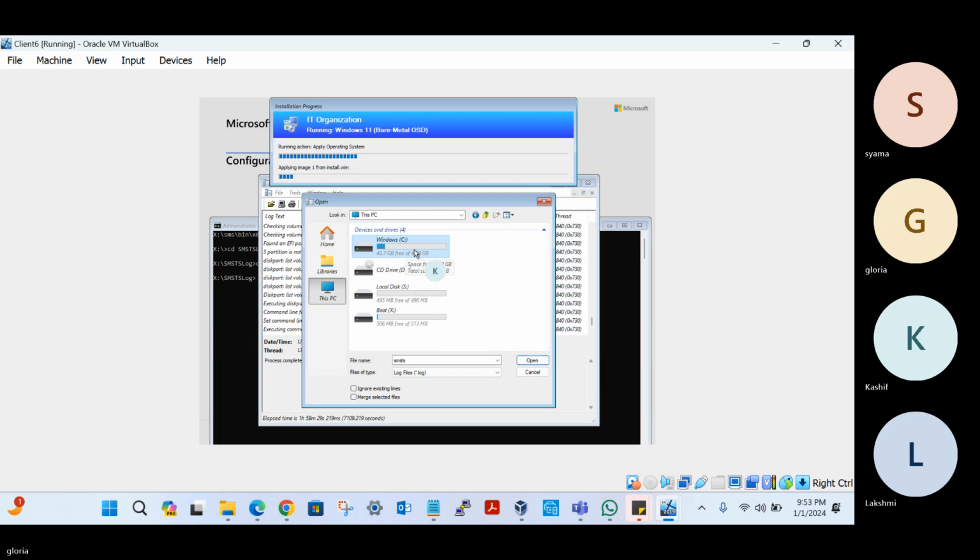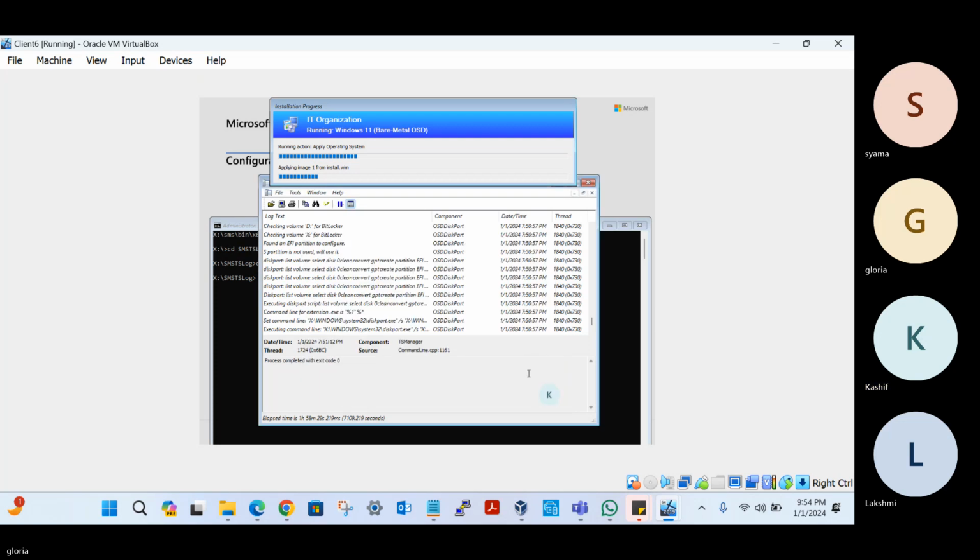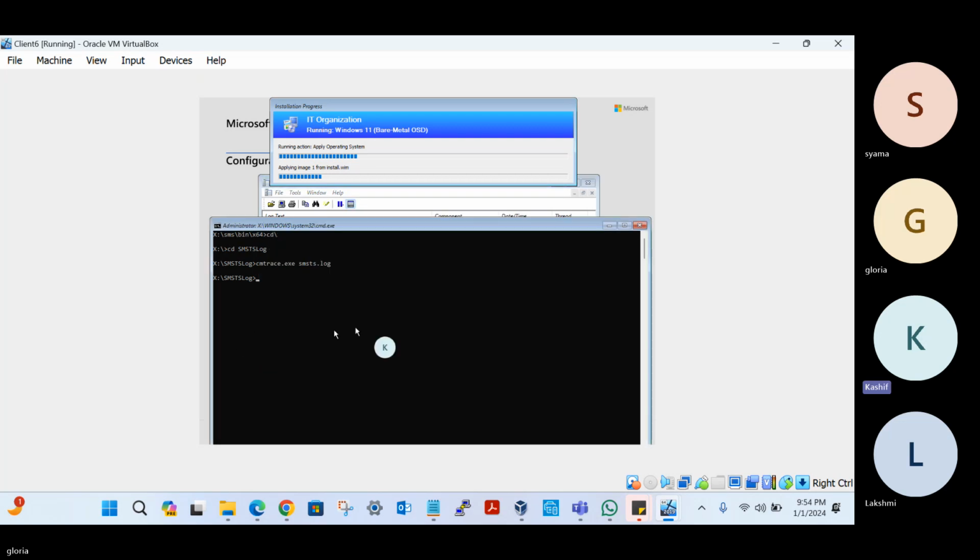Okay, clear? So you will have one more drive here. When you connect USB, it will have one more drive and you can save the log file into that drive. That is one thing. Otherwise, you can map a network drive. How will you map a network drive? You need to type in